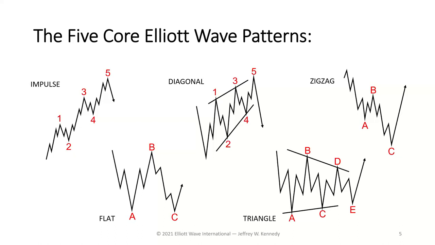Okay. Good question. Let's start with the impulse wave over here. The 5-wave movement, again, 1, 2, 3, 4, 5, this is an impulse wave. This is going to identify the direction of the larger trend. And this is what you would find in the very late stages of an accumulation phase, or more than likely, more so in the early stages of a markup phase. You'll begin to see 5-wave rallies. And then as that markup phase continues, you'll see more 5-wave rallies with intermittent examples of, say, the flat pattern,